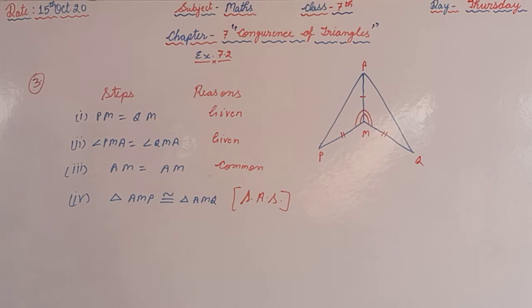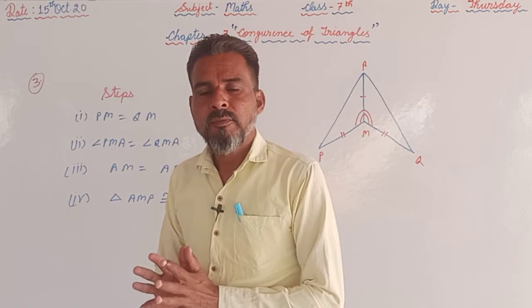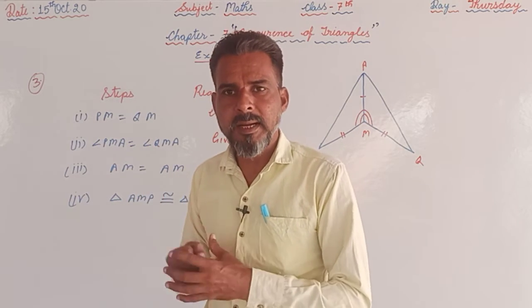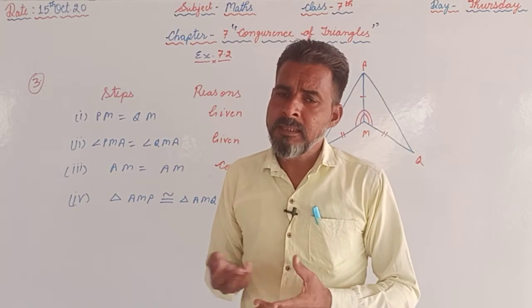After that, in question number 4 we should read: in triangles ABC and PQR, angle A is equal to angle P, angle B is equal to angle Q, and angle C is equal to angle R. One of the students is saying that these two triangles are congruent by the criteria angle, angle, angle. Whether it is true or false? Yes, it is false. Why? Because there is no such criteria in which if the corresponding angles are equal, then the triangles will be congruent.